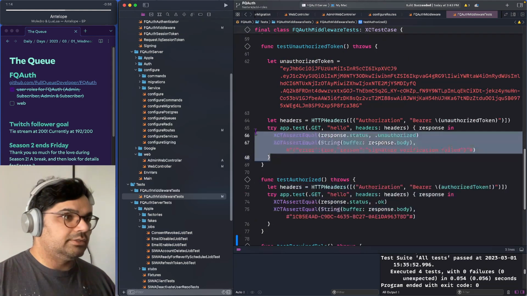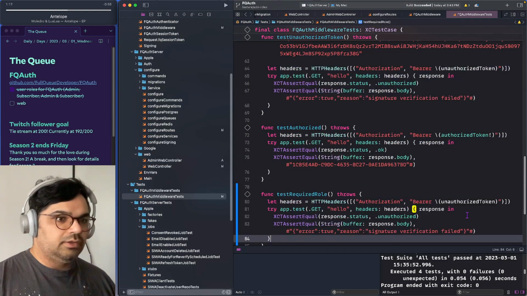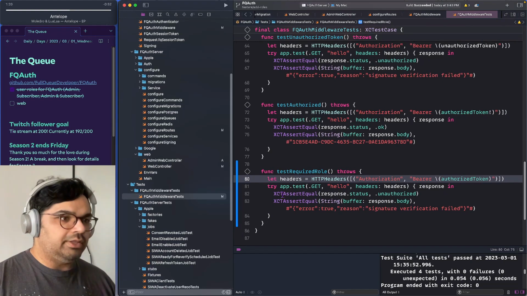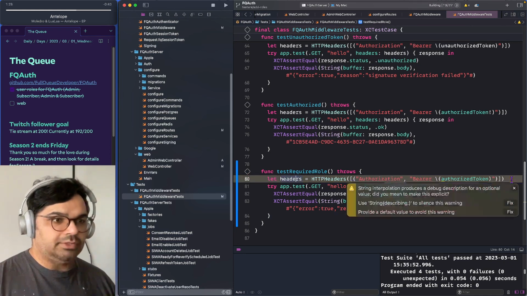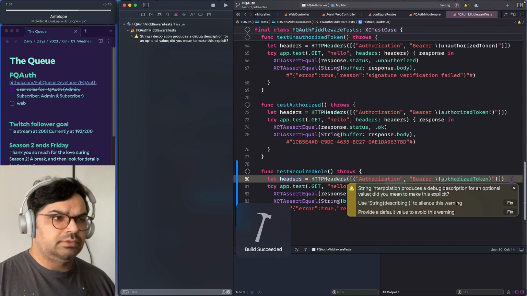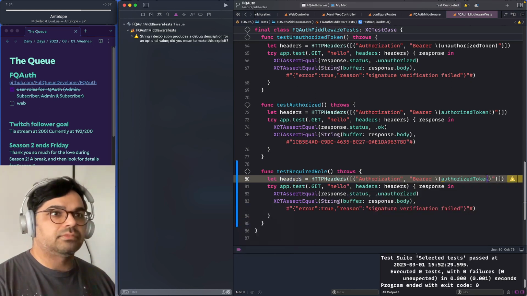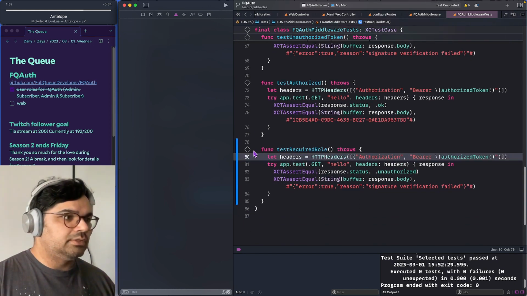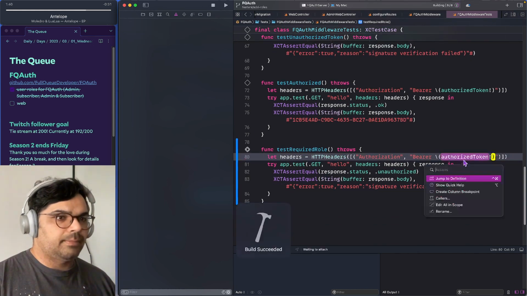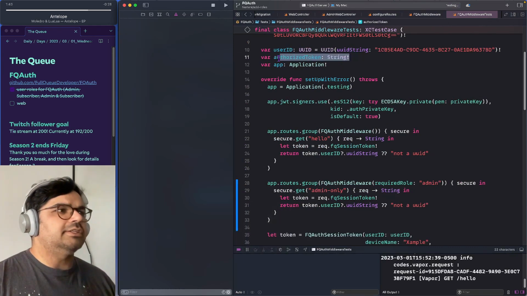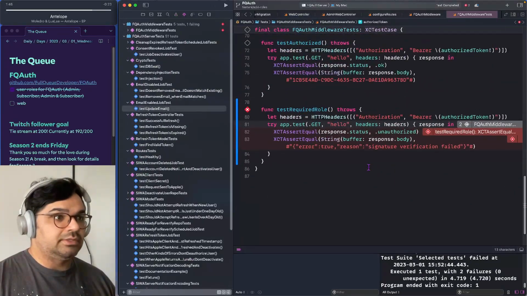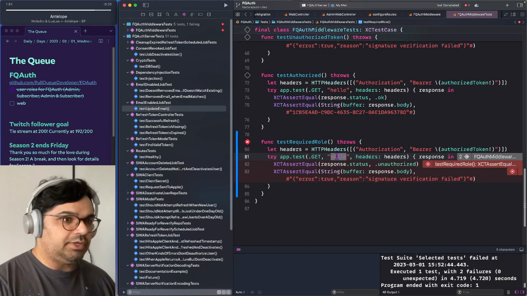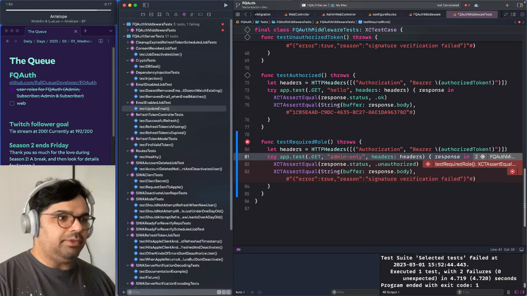Yeah, so if I do this with the authorized token, this should fail. And what is your problem? Oh, it needs to be force unwrapped. Why is that? It's a force unwrap string up here. I'm not sure why I need to force unwrap it what seems like twice. But there we go. So this, when I hit up admin only,